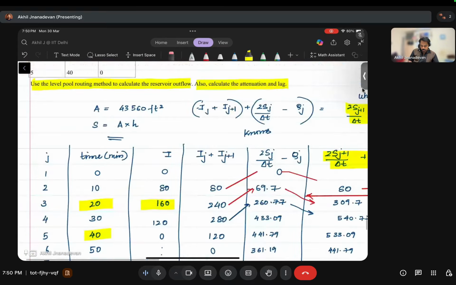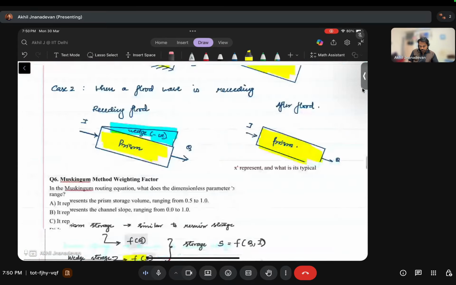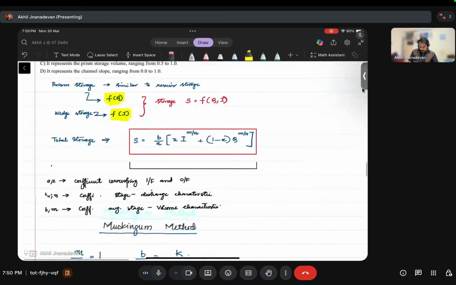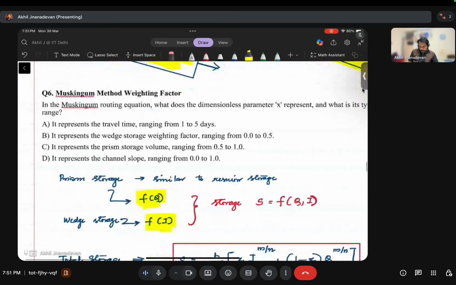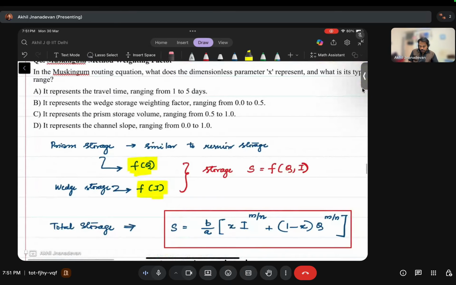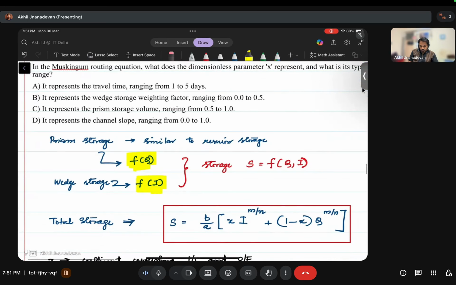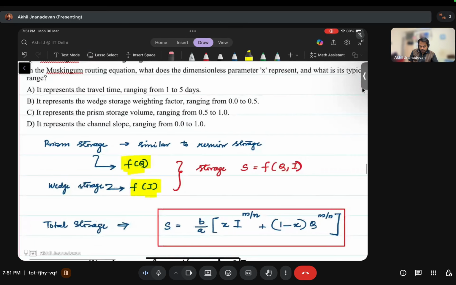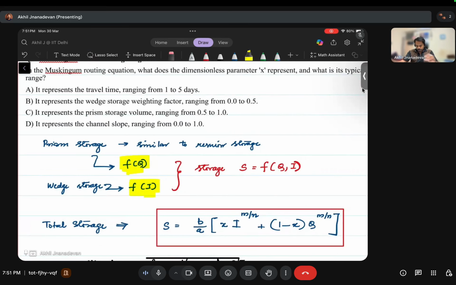So there was a question, we didn't come back to the question, I think. So in this question, they were asking about the Muskingum equation. What is the typical range of the dimensionless parameter x? Okay, so we had derived the expression for the Muskingum method, and the x was